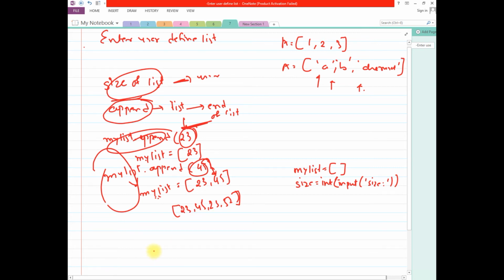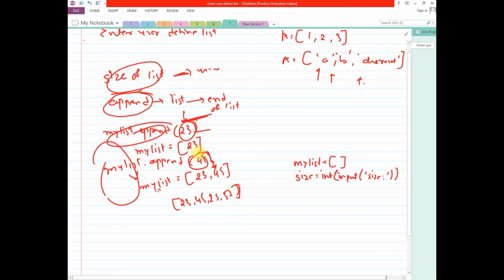Right now here I am using user defined values, but instead of using user defined values I can pass a variable as well. Suppose this is x. I can do this, my list dot append x. This is possible. It will pass 23 here and an element would be added to the list like this. Same way, instead of writing this 23 directly, what I can use is integer input,